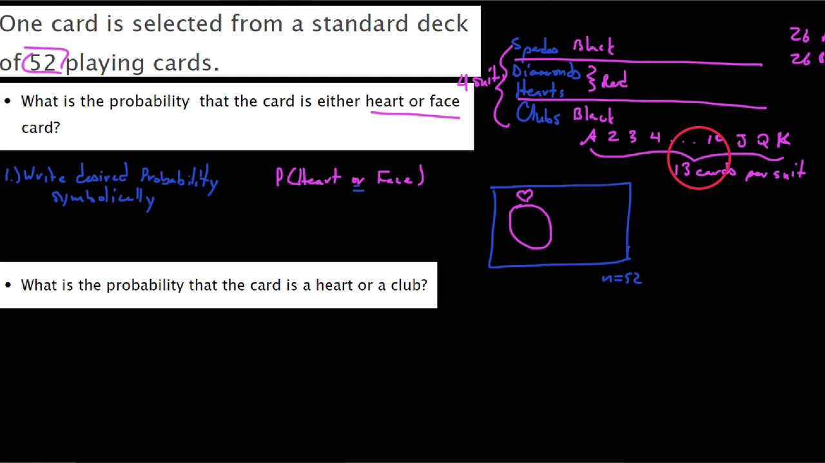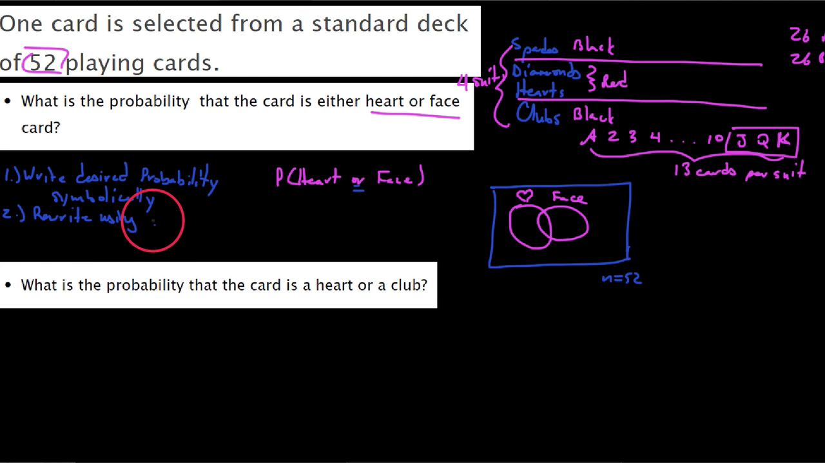Now when we talk about a face card, this could be a jack, a queen, or a king. An ace is not a face card, but see we have 4 suits here. So 4 times 3 would have 12 total of those. But I think the idea is that every suit has face cards in it. And so these two sets overlap. So once we write down our probability, we're going to rewrite it